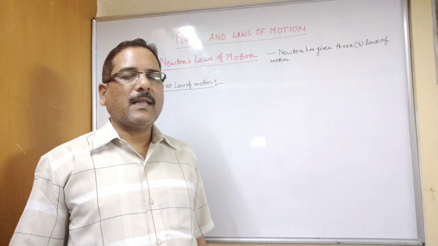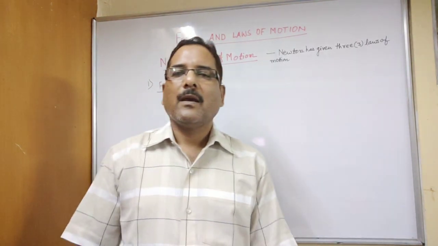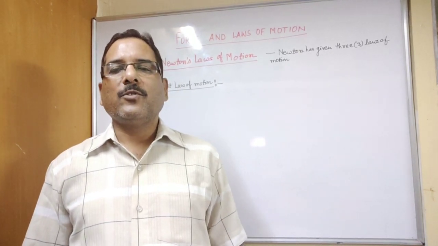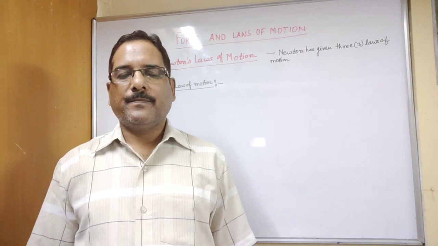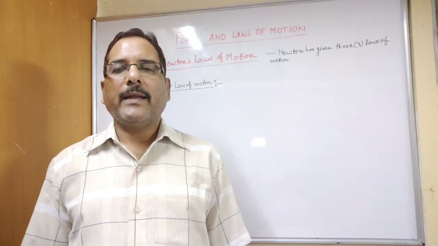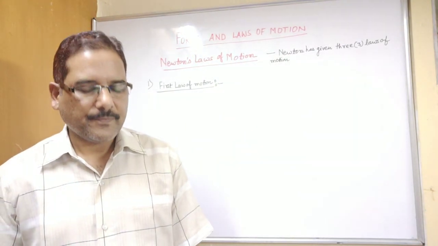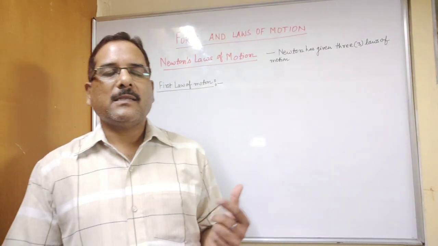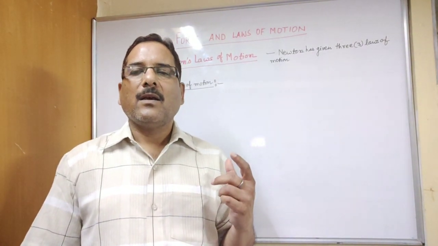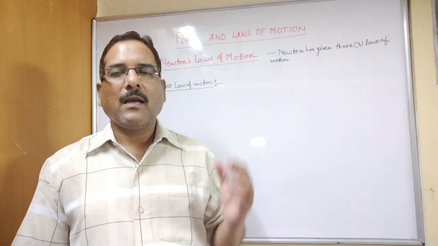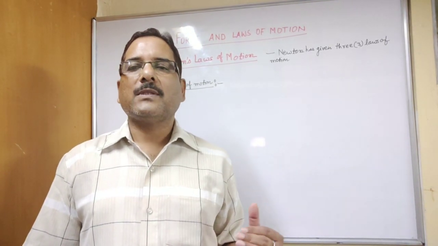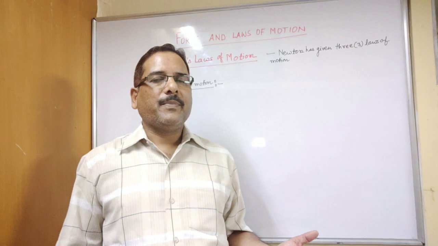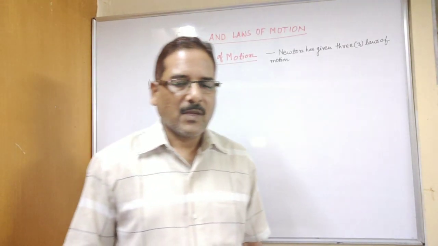It simply states that if an object is at rest, it will remain at rest, and if an object is moving, it always tries to be in motion unless and until an external force acts on it. So there are two parts. First part says that an object at rest will always try to be at rest unless and until an external force acts on it. So suppose a piece of stone is lying on the earth's surface, so it will remain